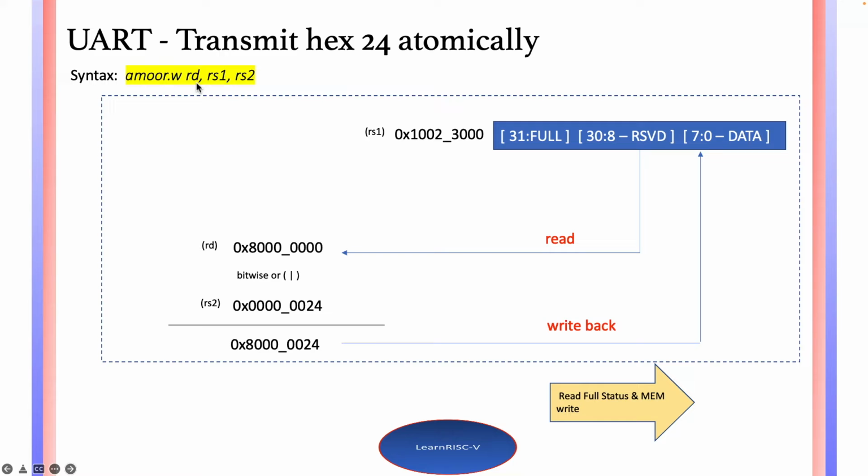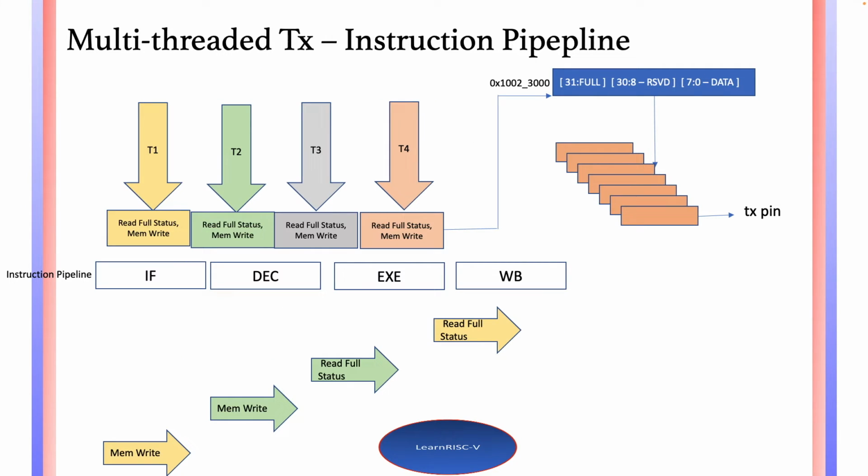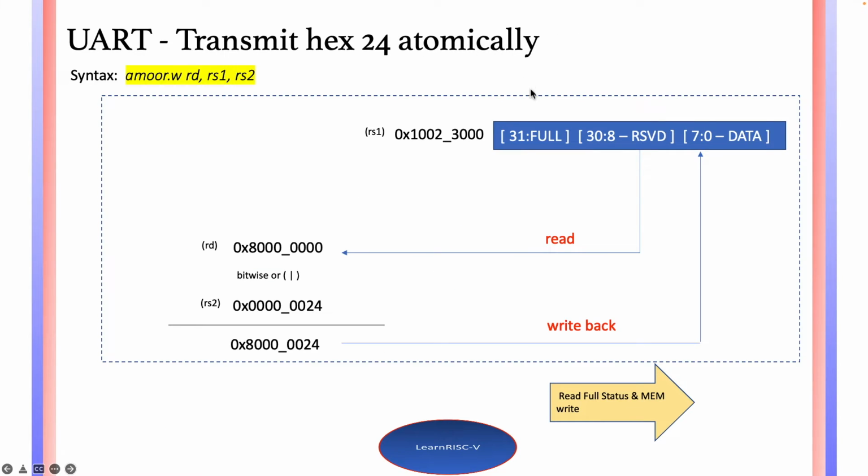So this RD is a destination register, and RS1 is a source, or the memory mapped address, or memory address, let's say that. So with this UART example, this memory mapped address, so if you feed